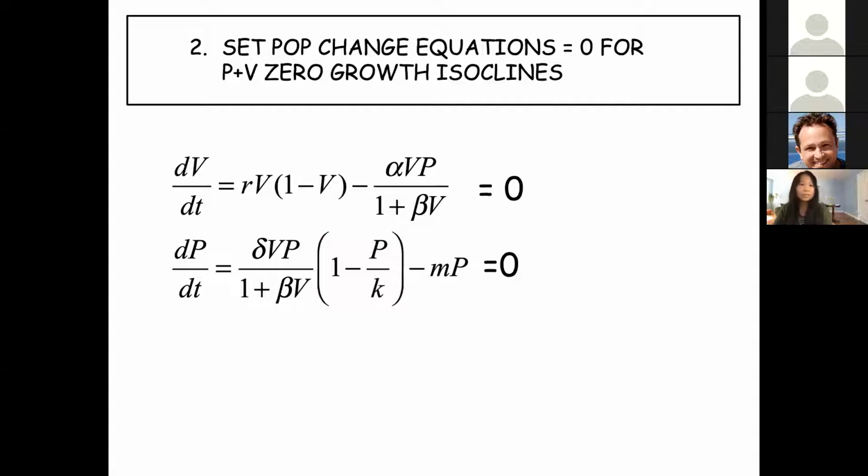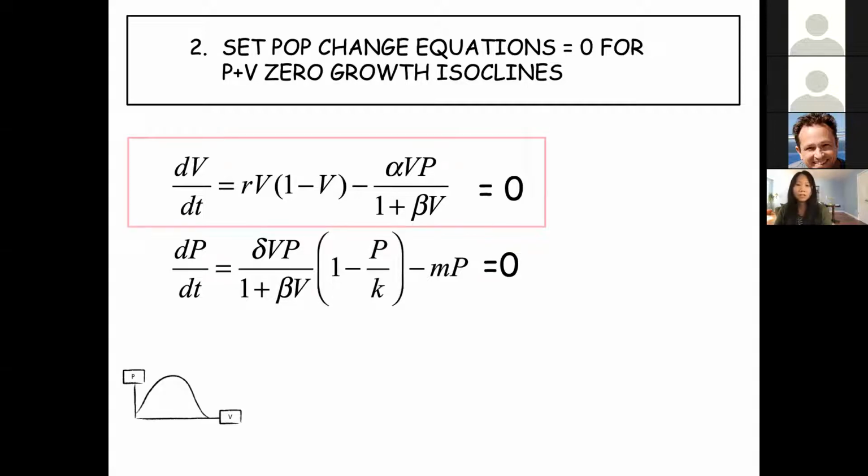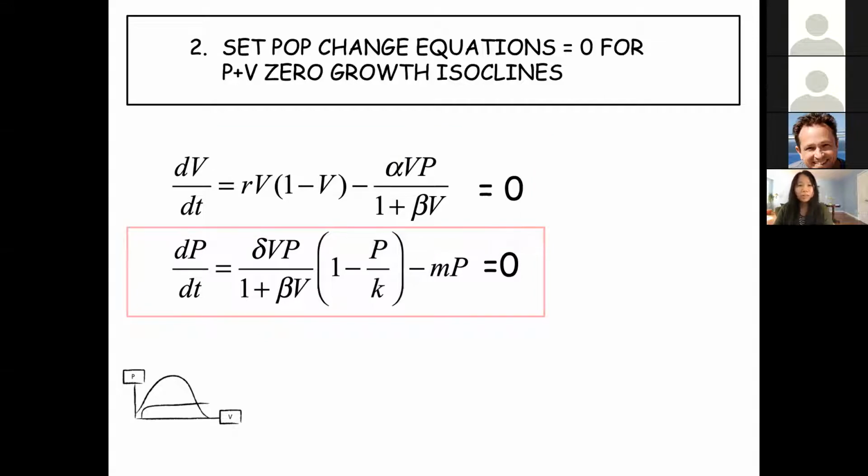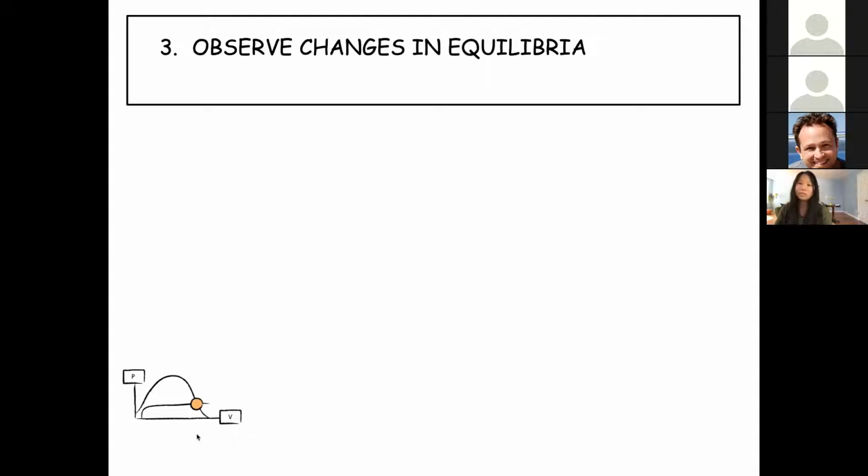So the next step would be, of course, to determine equilibria. If we set these equations to 0, we can draw in the rough shape of the prey or victim isocline here in this phase diagram. You might all remember this from classic population ecology: you have this hump-shaped form to the prey isocline. And now the predator isocline is drawn in, and typically that's just a line in the classic version of the model, but adding in this extra nonlinearity of the predator carrying capacity creates this curving effect to the predator isocline. And of course, where the predator and prey isocline cross is the equilibrium.